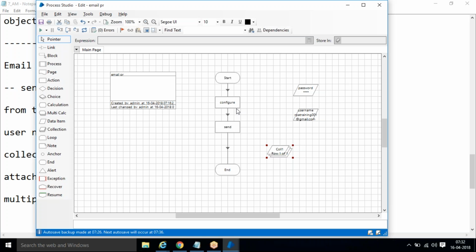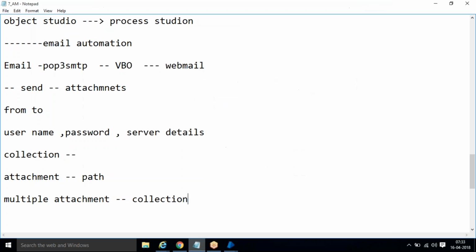This is a valid scenario. But we should not give the username and password to each and everyone. If it is a secured one, we should not give it. For example, if 5 persons are working, there is no need to give the username and password to each and everyone. So how do we handle this situation? Have you heard about the global variable concept? In any programming language we have that, and in the same way we have the environmental variable